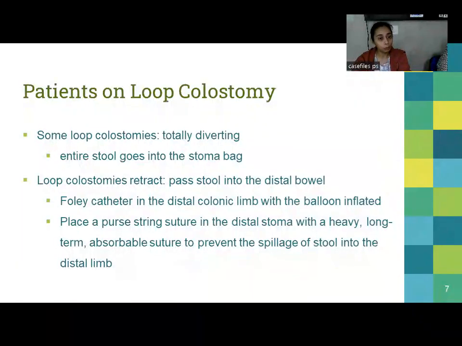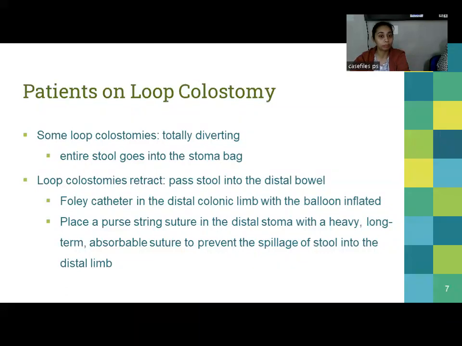Coming to patients with loop colostomy, these loop colostomies can sometimes be totally diverting and the entire stool goes into the stoma bag. But when loop colostomies retract, the stool passes into the distal limb. This can be prevented by putting a Foley's catheter in the distal colonic limb with the balloon inflated, or placing a purse string suture, which is absorbable, in the distal stoma, and thus this can prevent the spillage of stool